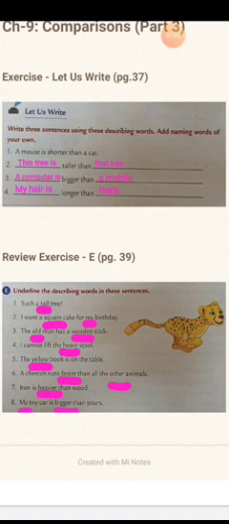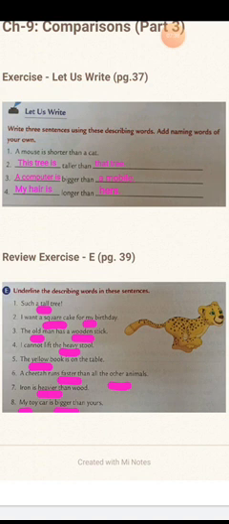Number 5, the yellow book is on the table. So where are the naming words in this sentence? Book is a naming word and table is also a naming word. So now we can see book has been described as yellow. The color of the book is given here. So yellow is a describing word. But when we check table, is there any word used to describe the table? No, we don't see any description. So there is no describing word for table. So there's only one describing word for question number 5.